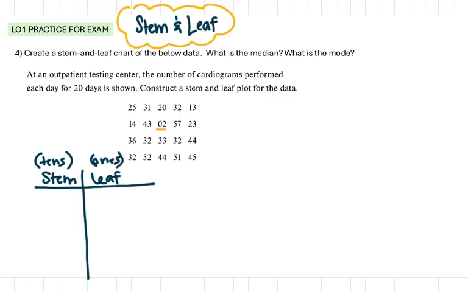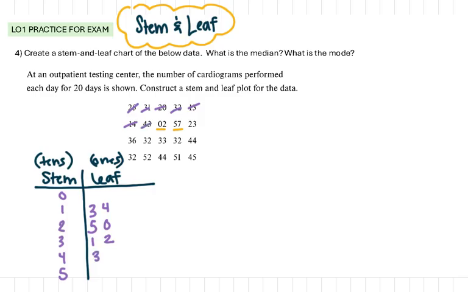So I see 0, 2, and I think 57. So it looks like in terms of tens places, we're going to have 0, 10, 20, 30, 40, and 50. And so what you do is piece by piece, you go ahead, and 25 would look like this. 20 in the tens place, 5 in the ones place. 31 would look like that. 20 would go there. 32 is here. 13 is there. 14,